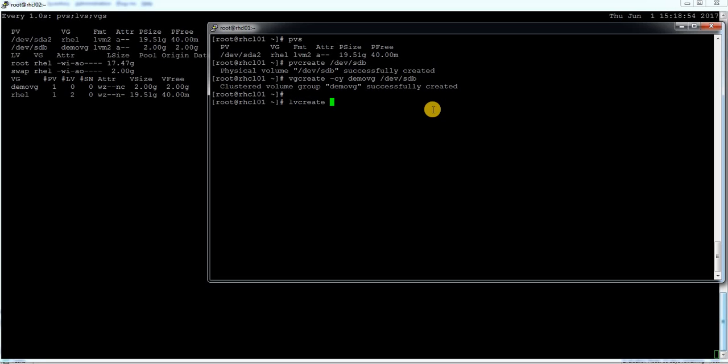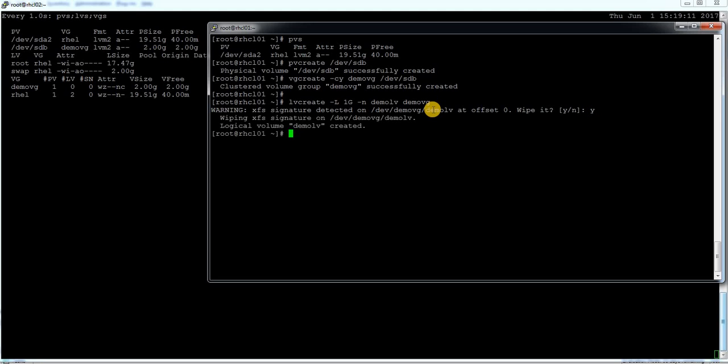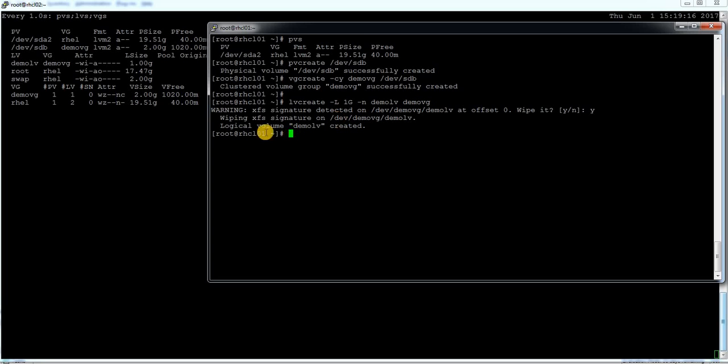to create a new LV which is going to be 1 GB in size, the first LV, and the name is going to be demo LV and demo VG. This is my VG name. Just ignore this, because I have formatted this LV with XFS earlier, that is why this error or warning came. Okay, so here you can see there is one LV created, and let me create another LV which is demo